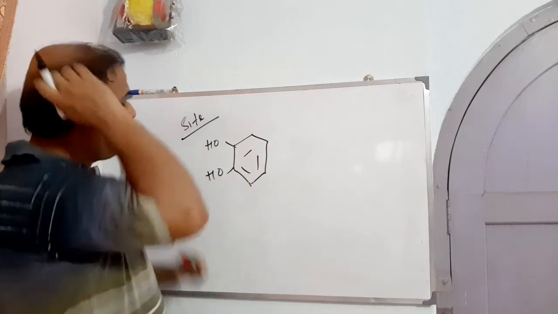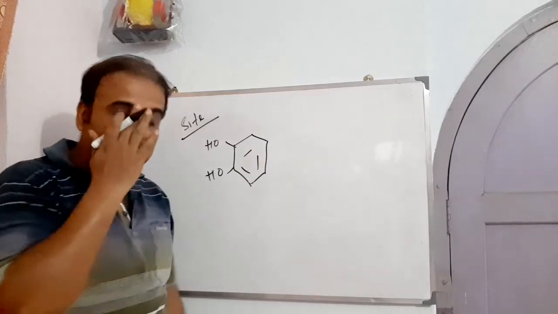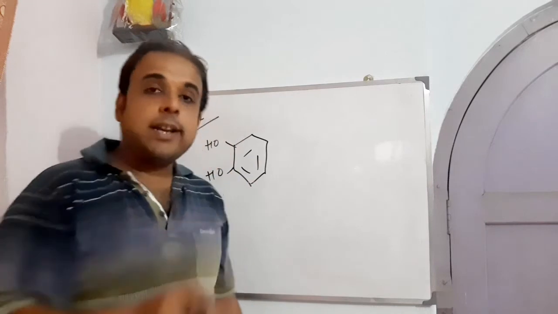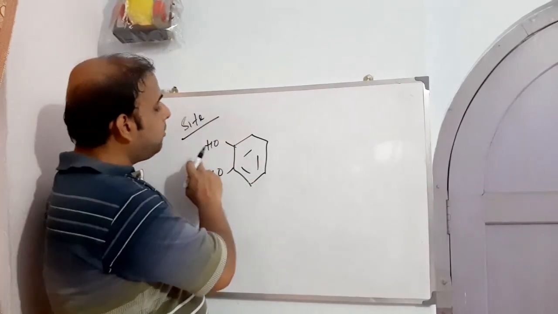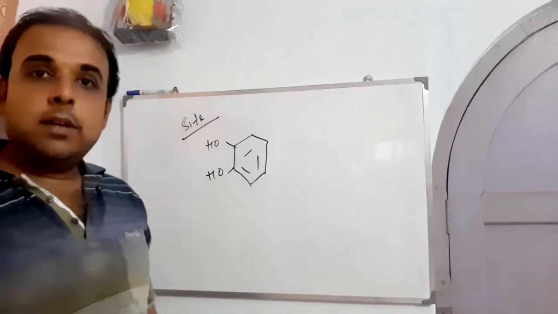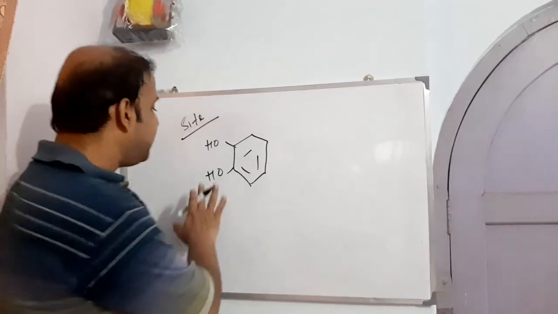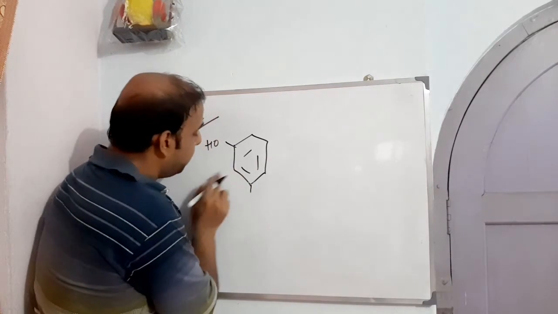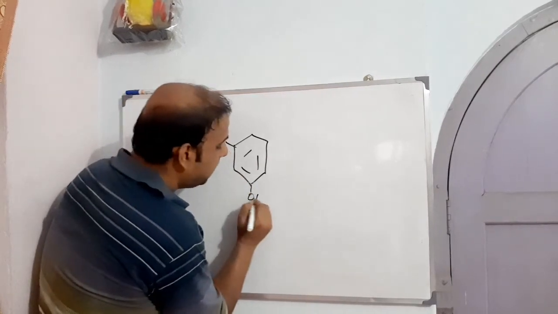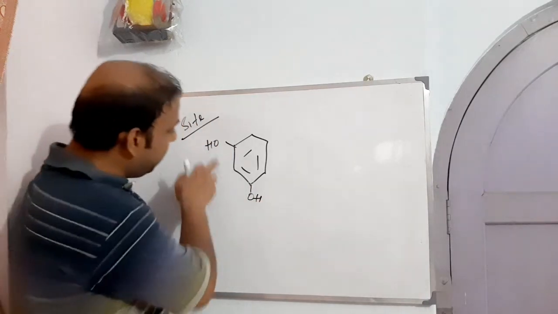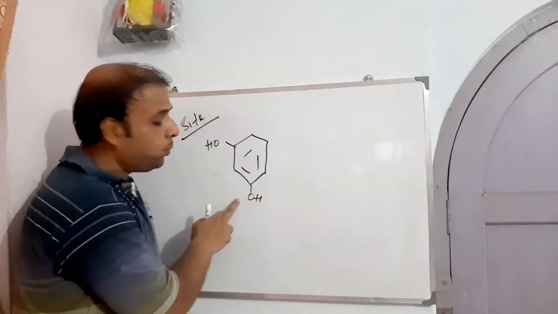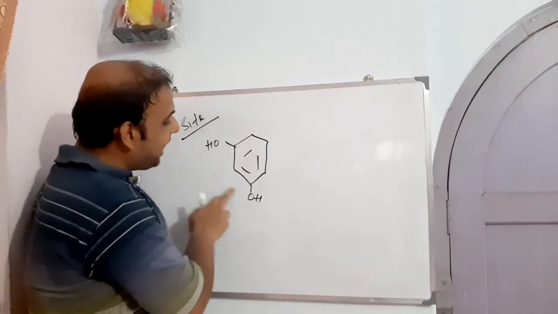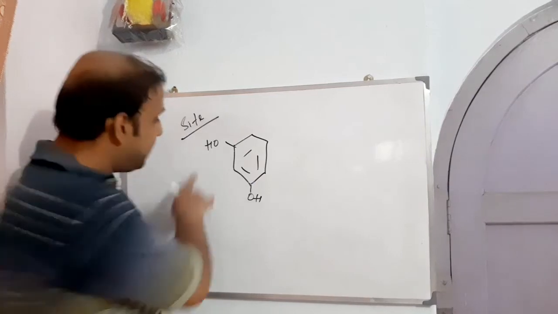So the second thing that we can say is positional alteration of either of the hydroxyl groups. Positional alteration means if we want to make a different analog of catechol, if we just push the hydroxyl from here to here, this will become what? They are no longer ortho to each other. They are meta to each other. So that means we have got another kind of analog of catechol. This has become resorcinol.